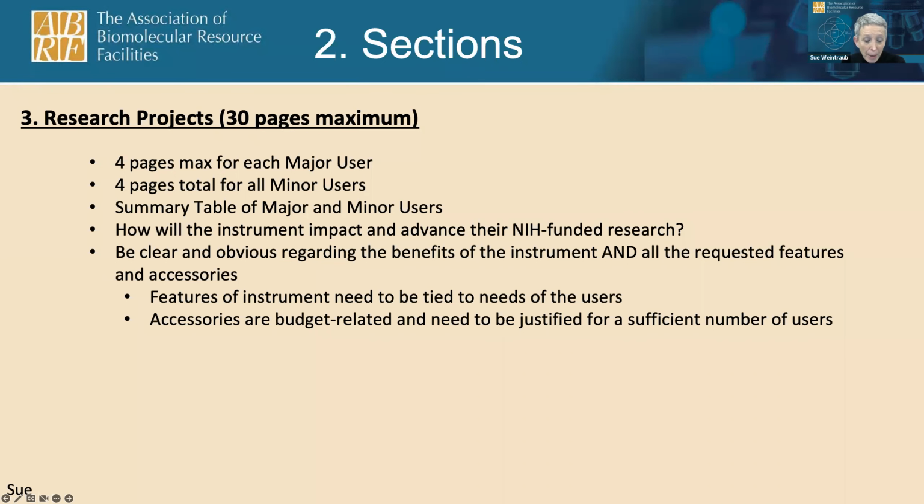Now, for me and many of the successful proposals, I rewrite the whole section. I do often request the specific aims page from the major user, and then I have a list of the information that I need from them. This is why you've got to start really early on this part, because sometimes it's hard to get responses. What I feel is really important is to have whatever format you pick for these research project descriptions be the same for all of the projects.